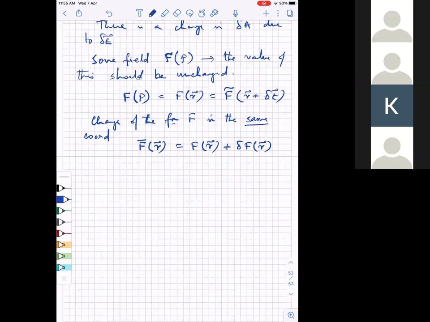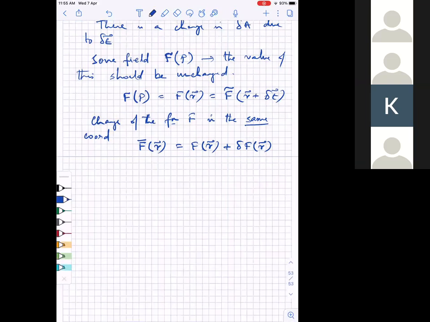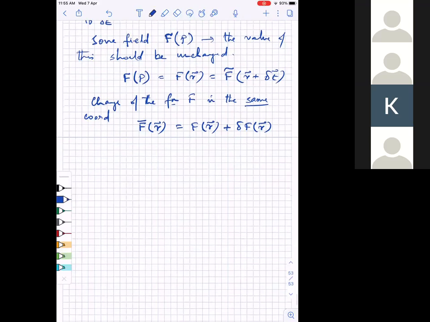So now I can calculate delta f from here. I can calculate my delta f from here. Therefore, my delta f, the function of R, if I look at these two previous equations, I can write it as f of R minus delta epsilon minus